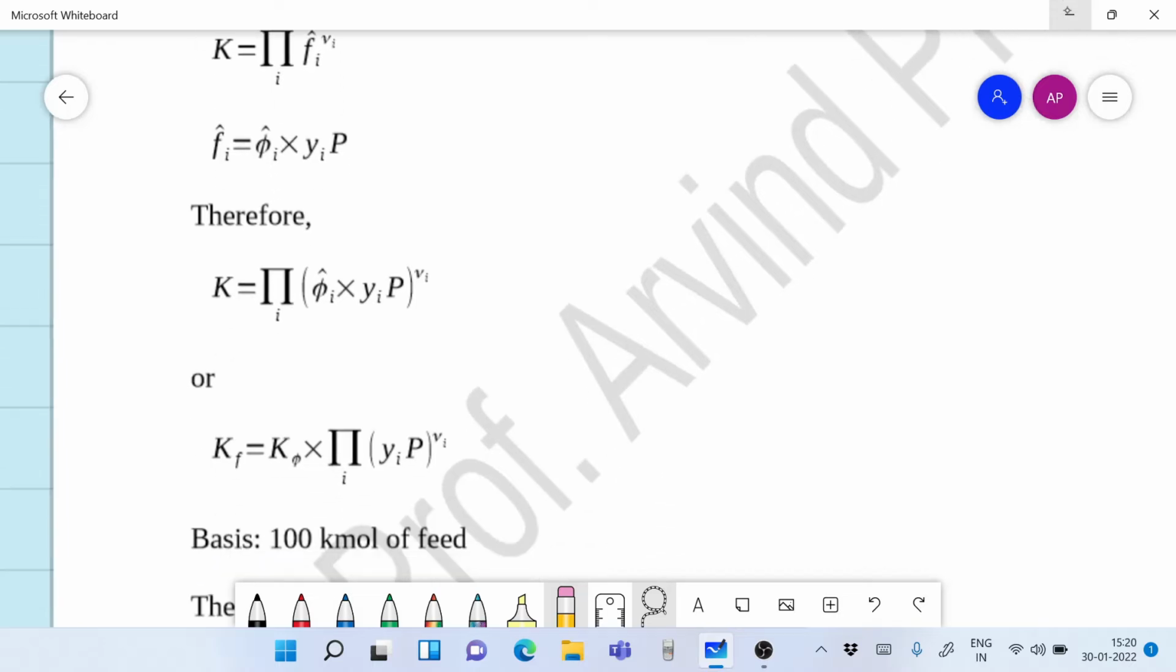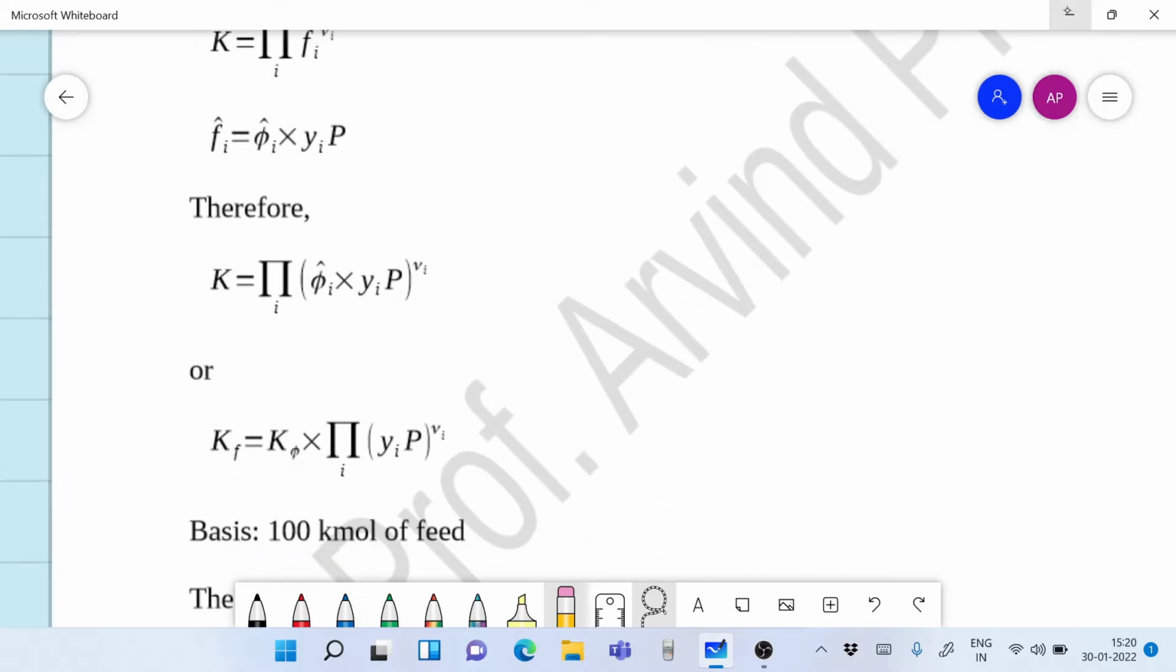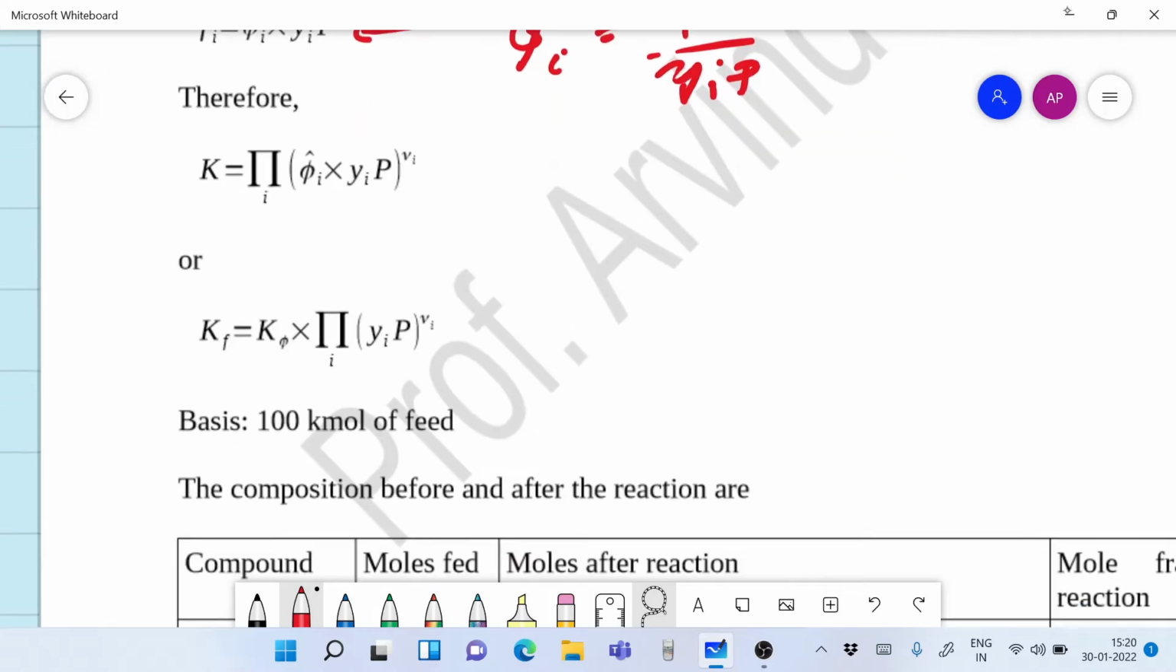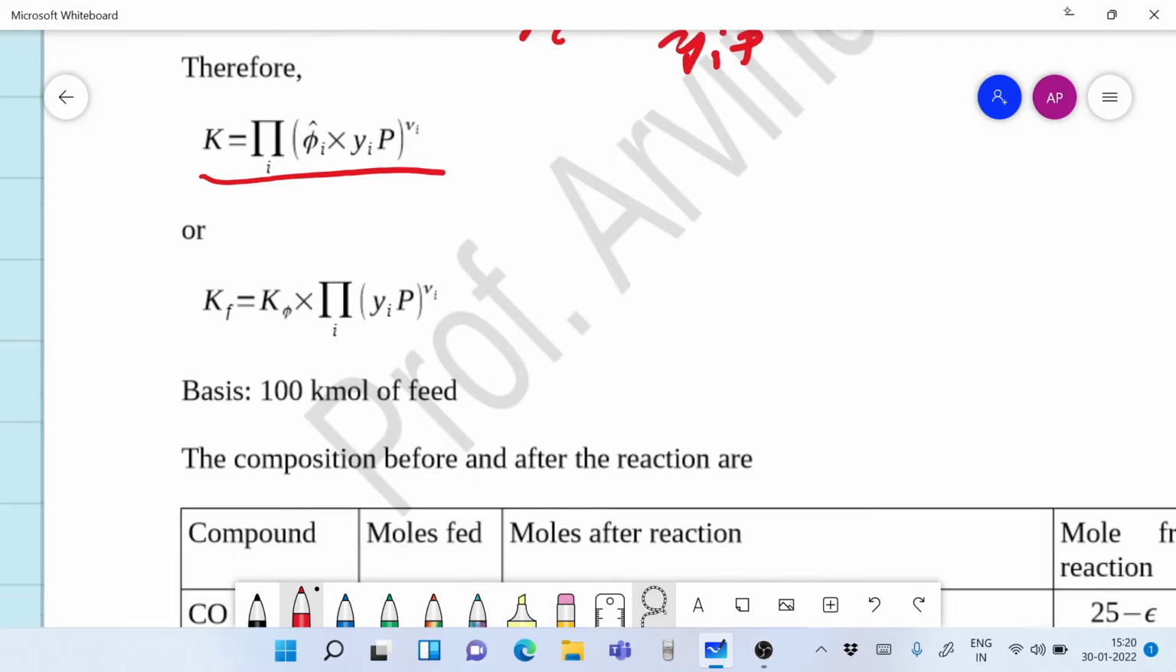Therefore we can write Fi cap can be replaced as phi I cap into Yi into P, because the definition of phi I cap is nothing but Fi cap by Yi into P. So by this we get this, and therefore we can write K as this equation by replacing Fi cap,